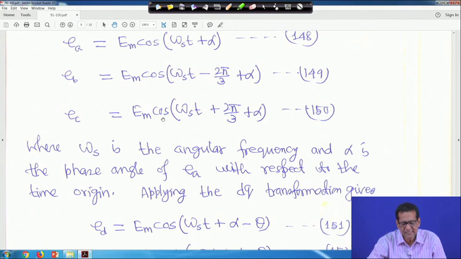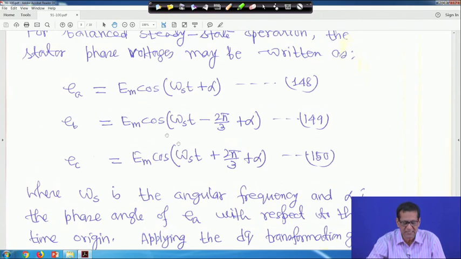Similarly, EC is equal to EM cos omega st plus 2 pi by 3 plus alpha, this is equation 150, right. Where omega s is the angular frequency and alpha is the phase angle of EA with respect to the time origin. Now, applying the dq transformation, which we have seen earlier,